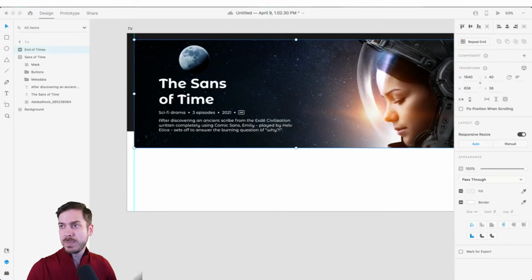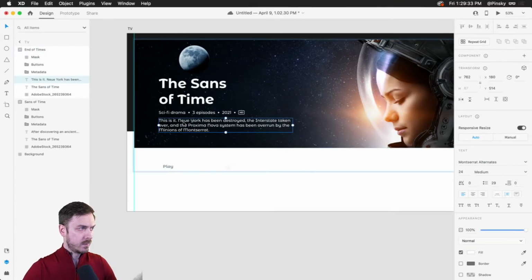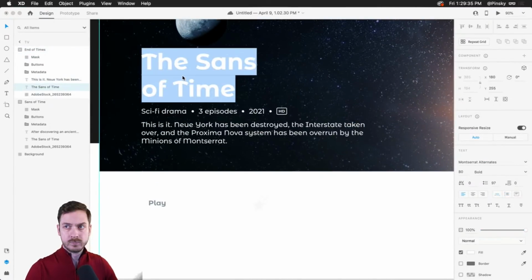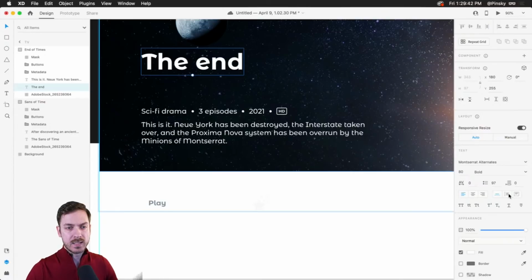I'm going to grab some copy on my other document here. And there we go. The end of, let me actually go ahead and make this a fixed height or auto height, something like that.